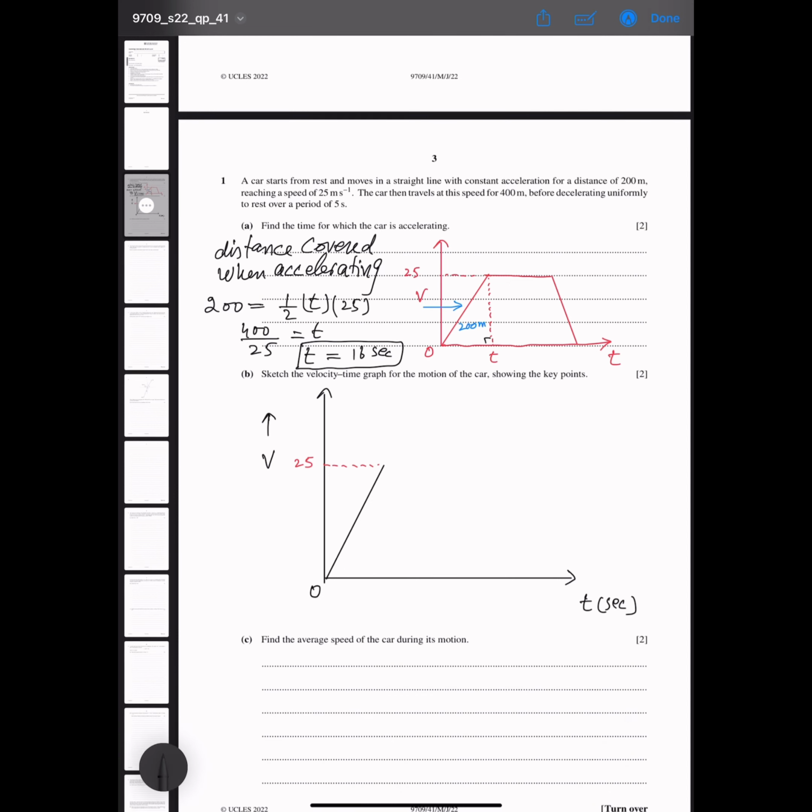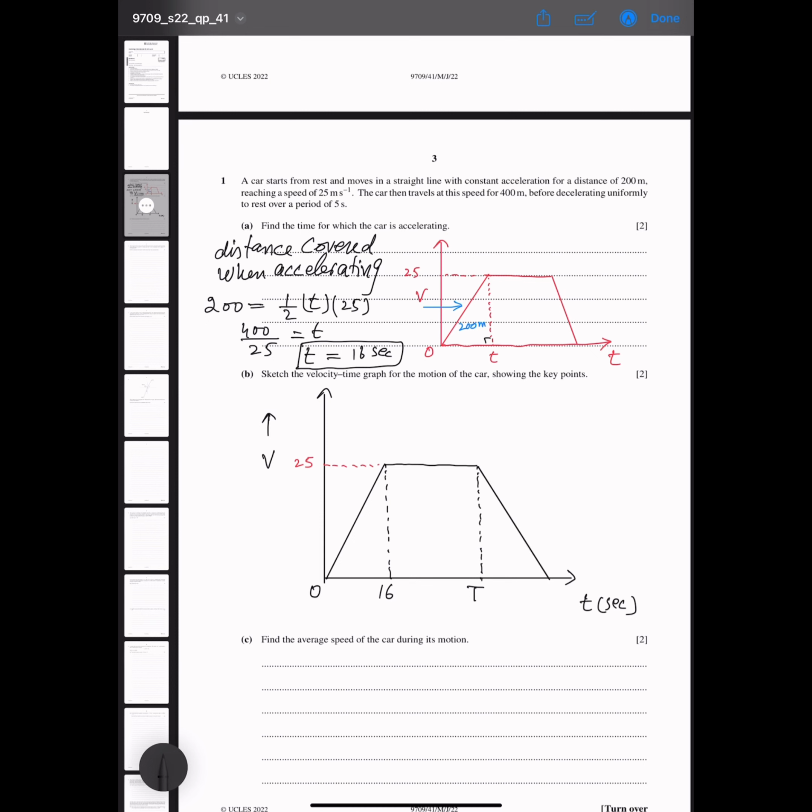Next, travels with constant speed. अब हम देखेंगे यहाँ पे टाइम जो हमने पहले ही फाइंड कर लिया है। When speed is 25, time is 16. We have found this in part A. This is a constant speed. Suppose this time is T. यहाँ पे रीडिंग जो है वो T है, सपोज करें। Then decelerate, तो ये डीएक्सलेशन को शो कर रही है ये लाइन।